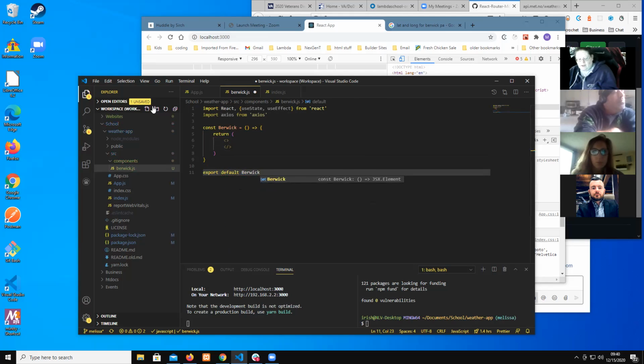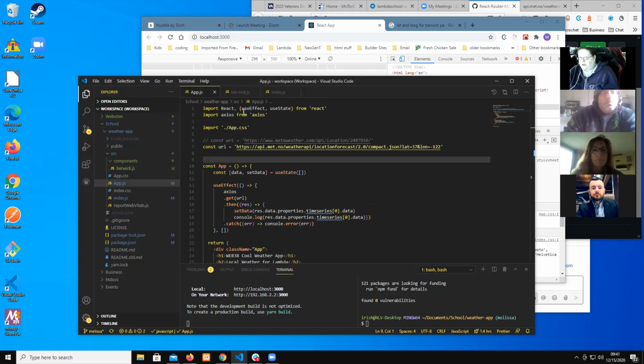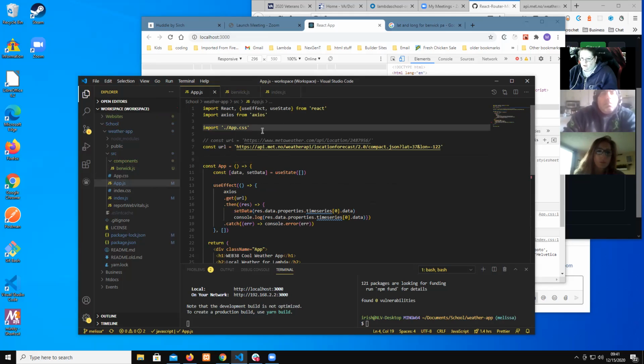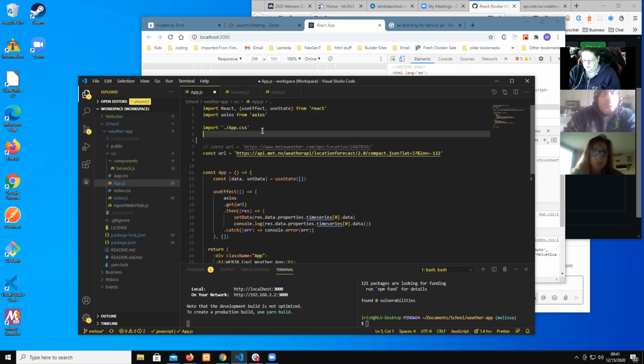So now if I were to import this file, it will not break my system. I have the bare bones basic setup, so it will not break my app.js. So we're going to go ahead and import it, at least get it going. So import Berwick from